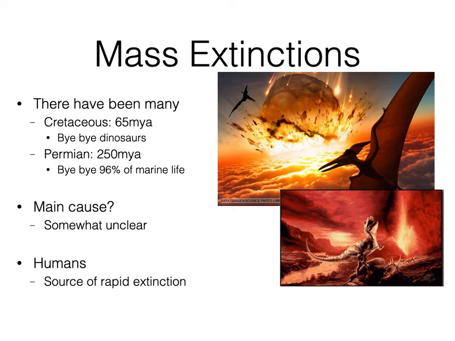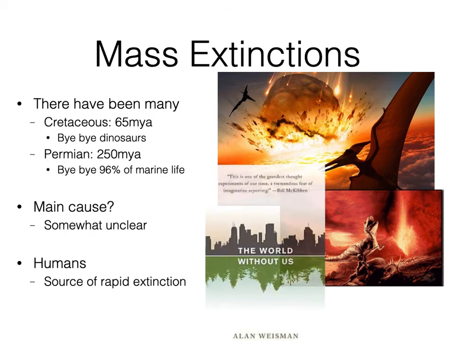And we can look at human extinction, human-caused extinction, right? So we are in the midst of the sixth mass extinction, and this extinction, at least on a time scale, is making the other ones look quite mild in comparison. The rate of species disappearing from the planet right now, particularly in the last 500 years, is faster than we've ever experienced, and life has experienced on this planet. Okay, and so humans are becoming, or have become, a source of rapid extinction.